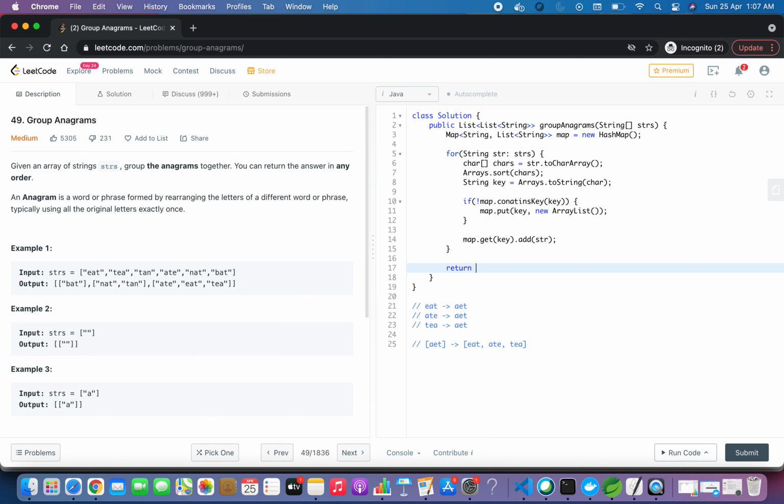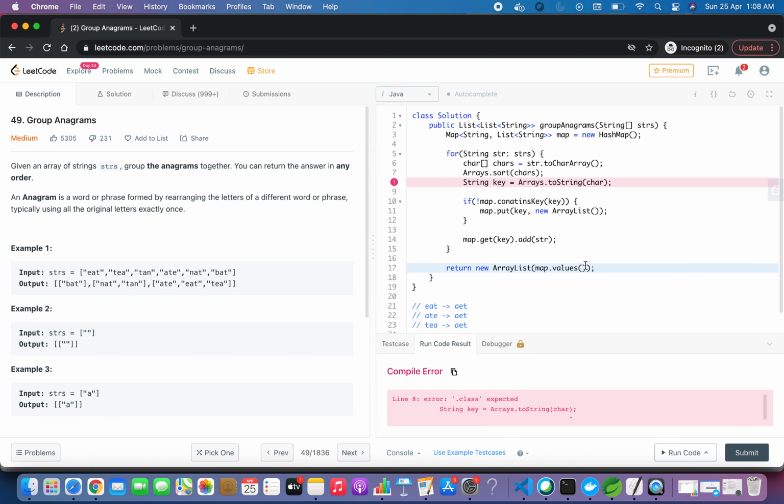Now we can return this answer. So return new ArrayList of map.values. This looks good, it should work. We are getting a compile error. This is chars, not char.